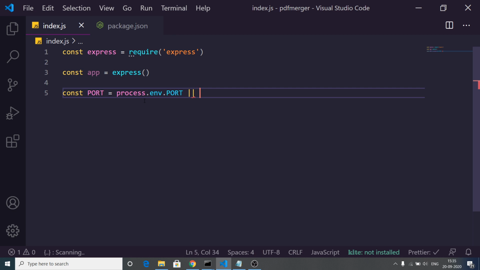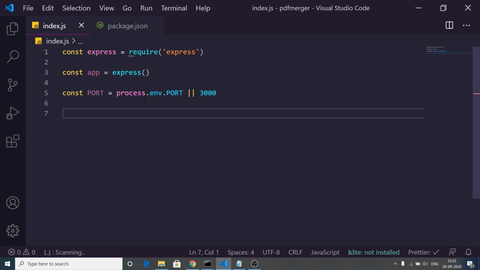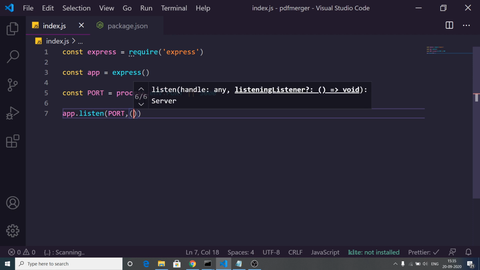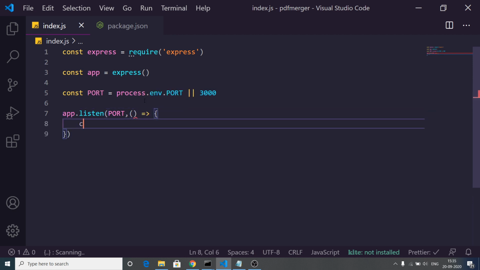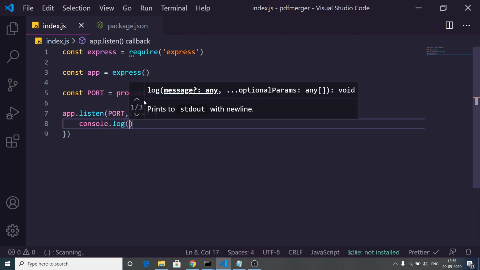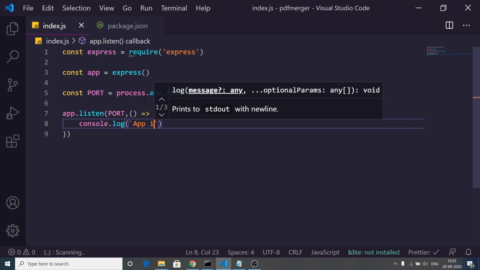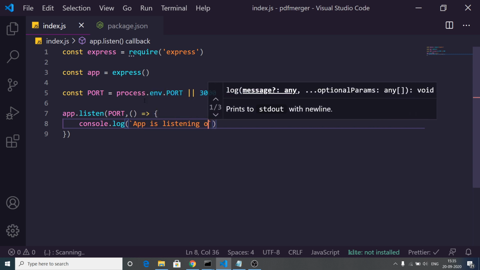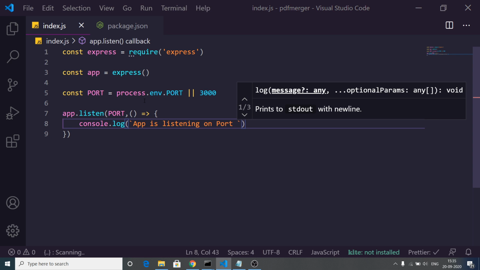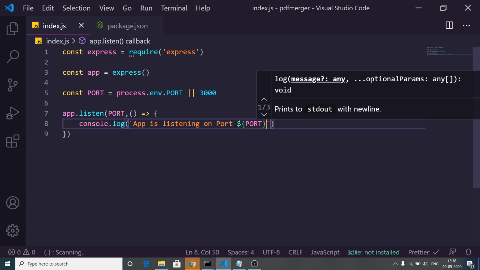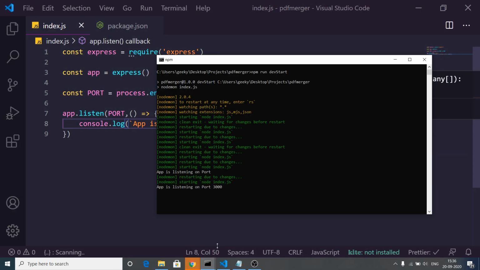If you are not on production, run this on 3000, and then we will have app.listen on this port number, and the second argument will be a simple callback function: console.log, backtick symbol, app is listening on port, and here we can initialize a dynamic variable port. That's it. So now we can run the application. It will automatically refresh. App is listening on port 3000.